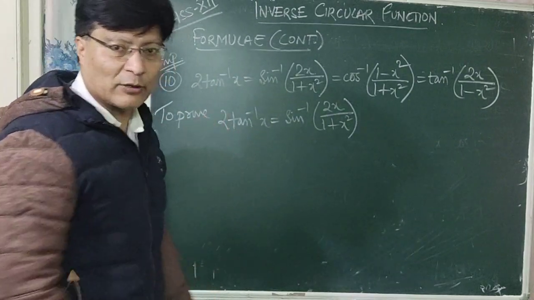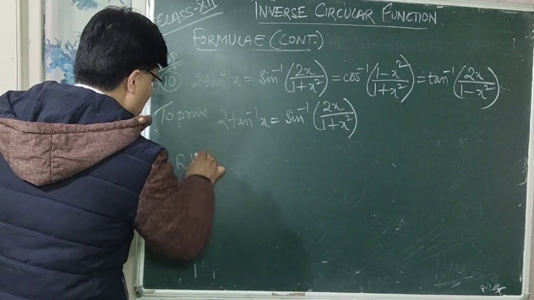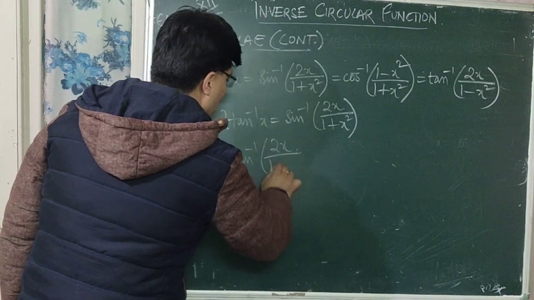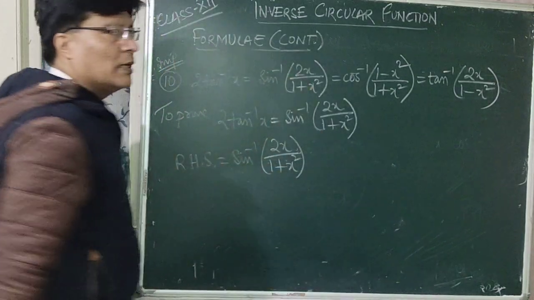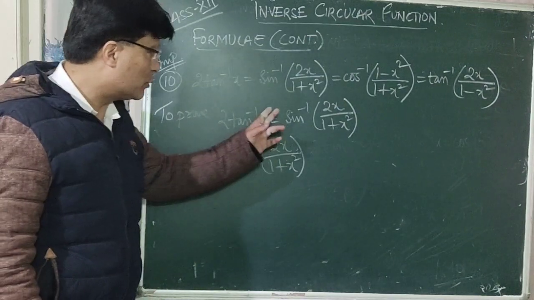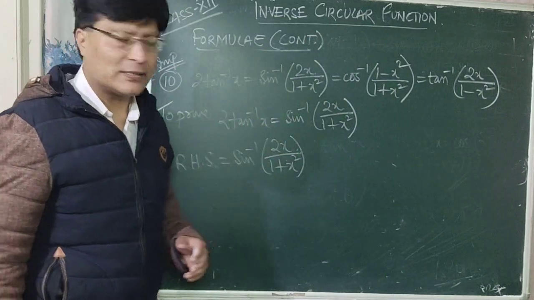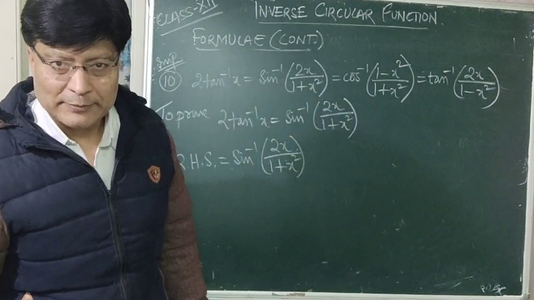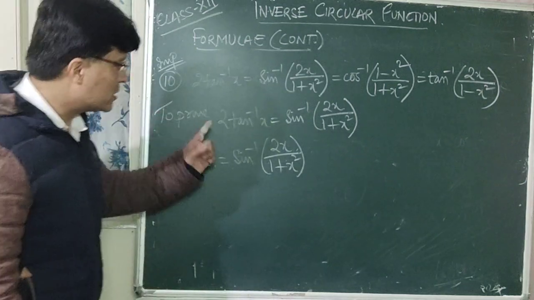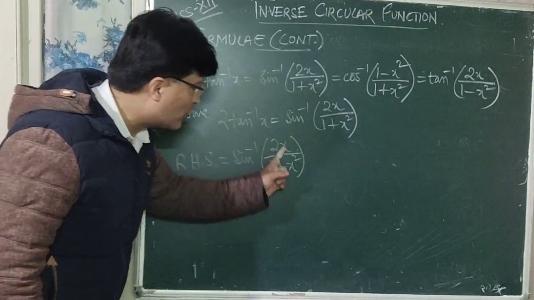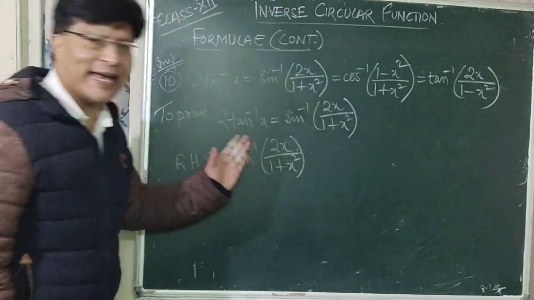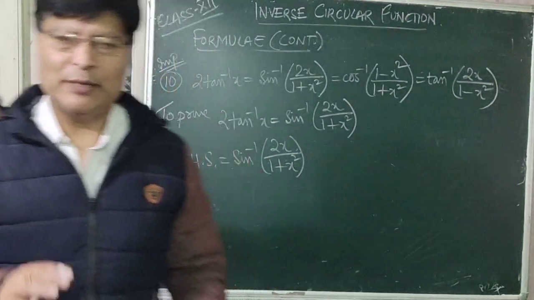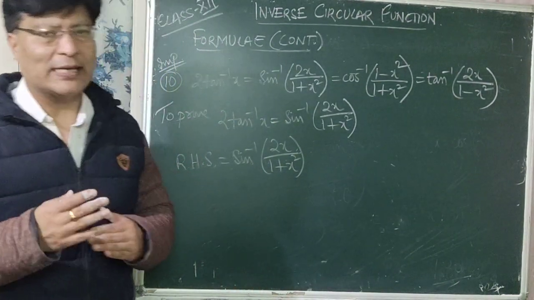We can prove it from right hand side also. That is RHS is equal to sin inverse 2x upon 1 plus x square. Now in this case, you have to prove this RHS is equal to LHS. That is sin inverse 2x upon 1 plus x square is equal to 2 tan inverse x, right? Now, which trigonometric function will you substitute for x here so that we can have it in the form of sin inverse sin theta? It may be sin theta, it may be sin 2 theta, it may be sin 3